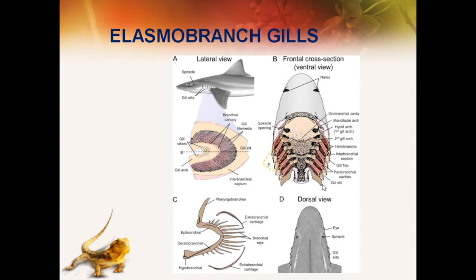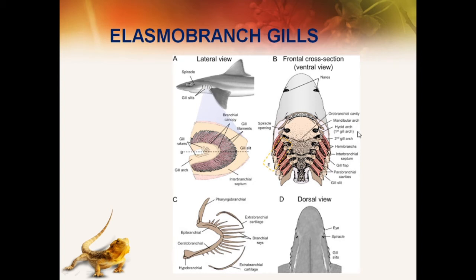In between two apertures, adjacent or successive gill pouches, there is a fibromuscular portion which is known as the interbranchial septum. In between two gills there is a septum. Internally each gill septum is lined by a cartilaginous rod which is known as the visceral arch or gill arch, which is a slender, curved branchial ray. The entire septum is covered by mucous membrane.